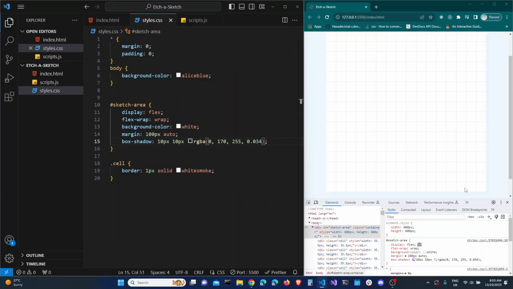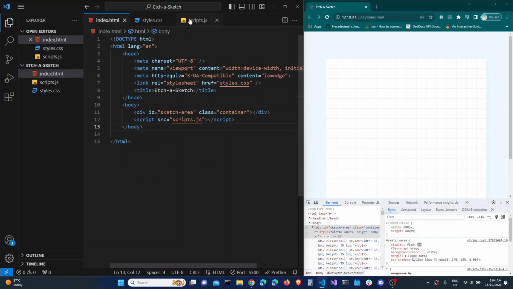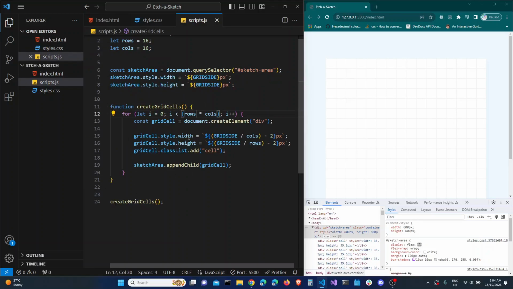Okay, so just this cool little box shadow over here, and I think for now we are done. So we've been able to create our sketch area and also have all our cells visible, and we added and created our cells from our scripts.js using JavaScript. So now the next thing we are going to do is actually add an event listener to each of our grid cells. And to do that, we'll just come into the createGridCells function and